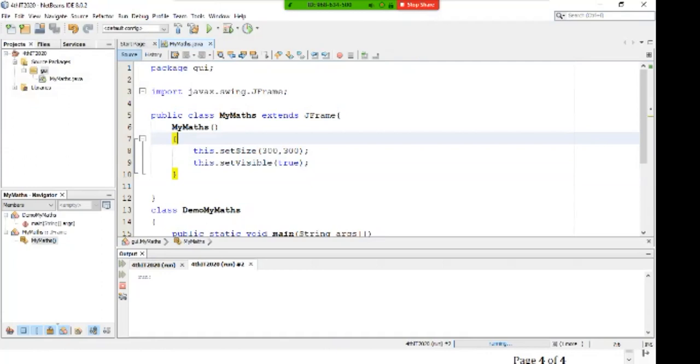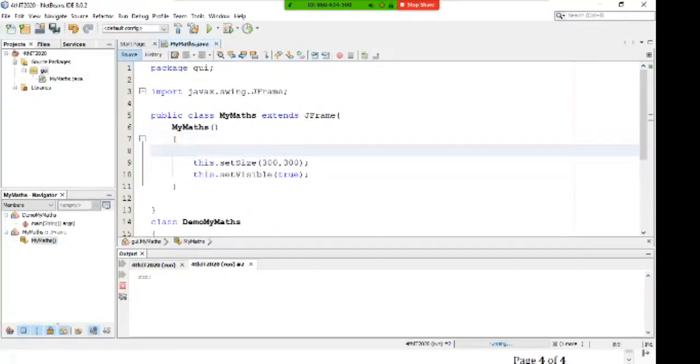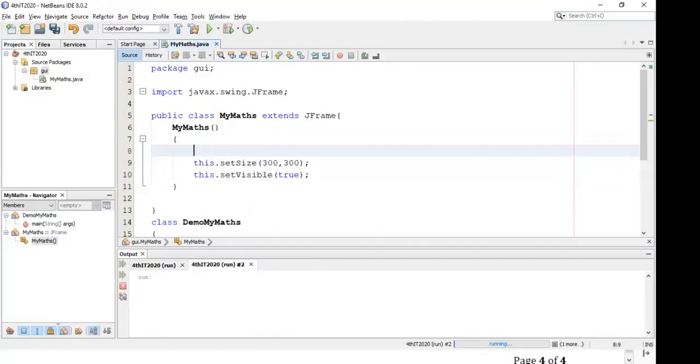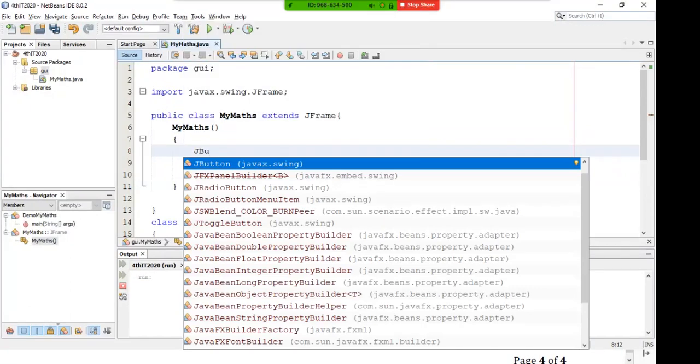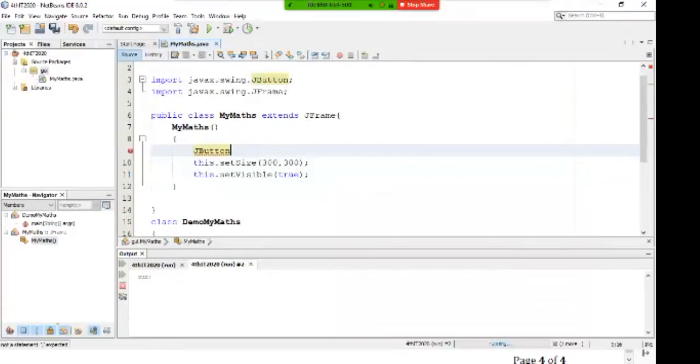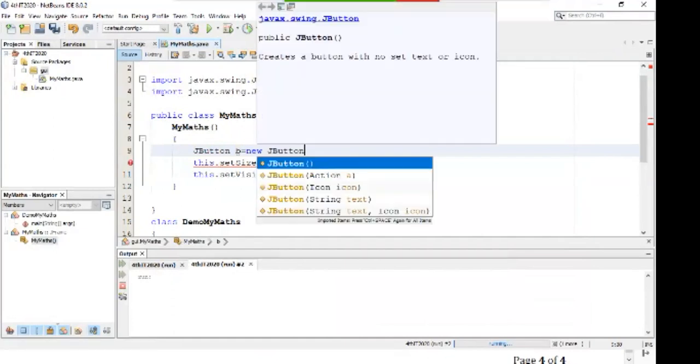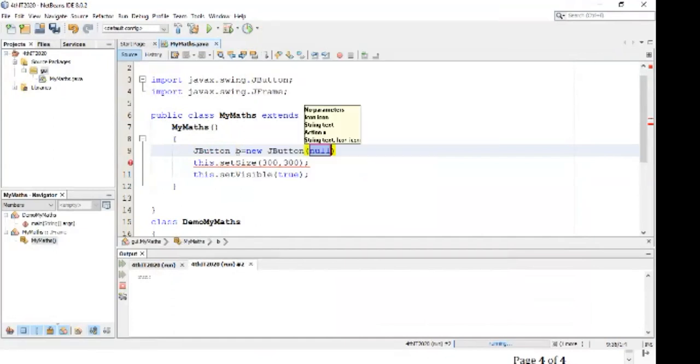So this is the minimum requirement whenever we use any applet program or frame. In the applet we do not require to set visible, but in the frame it is required. Now our target is to put one button. Instead of Button, we use JButton, right? JButton, and it is from javax dot swing. It is automatically imported. JButton b equal to new JButton, and we give a string as our argument. So click,